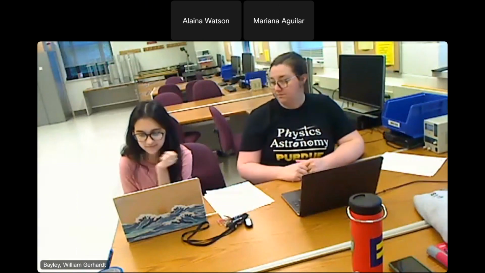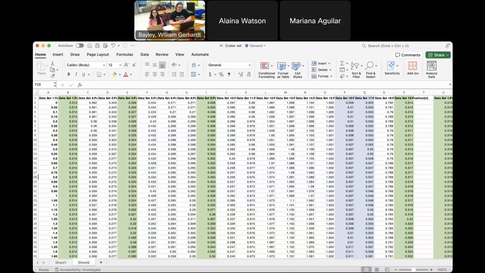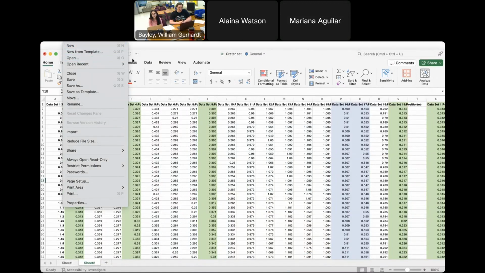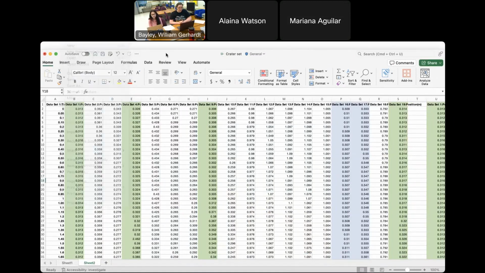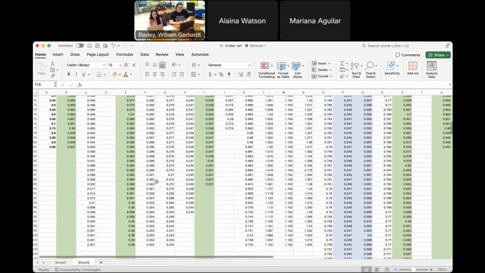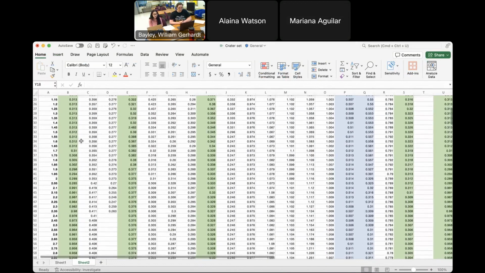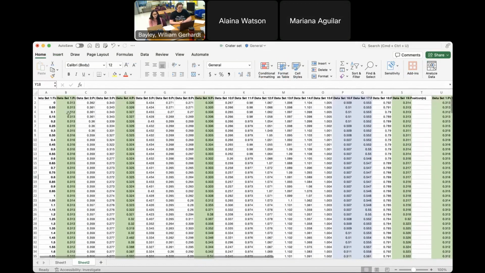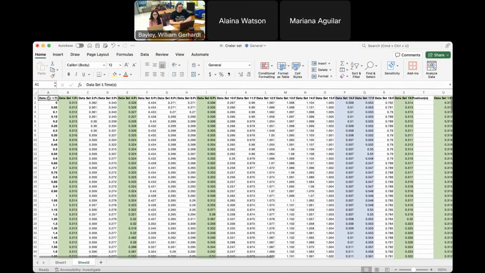Okay, sorry. So like I said, this is some old data that we've collected in the past, but it's the same process as what we showed you. You'll just go to File, Open, and then they'll open the data wherever they saved it. And then it should show them this. And so as we come through the data, we see there are some differences here. The most important thing we want is to see what the data is. So here we have time,